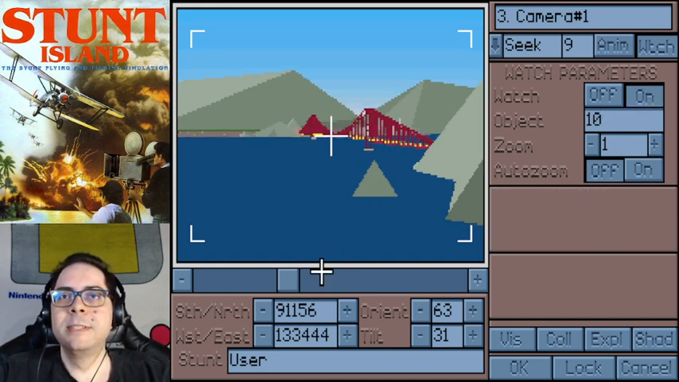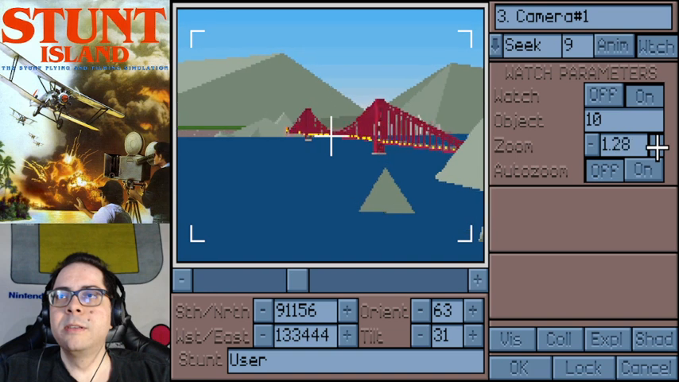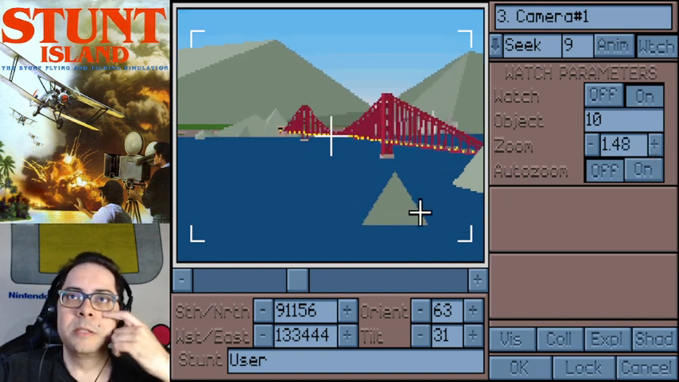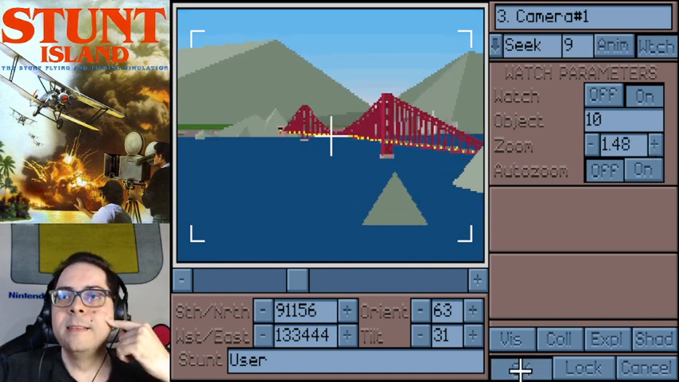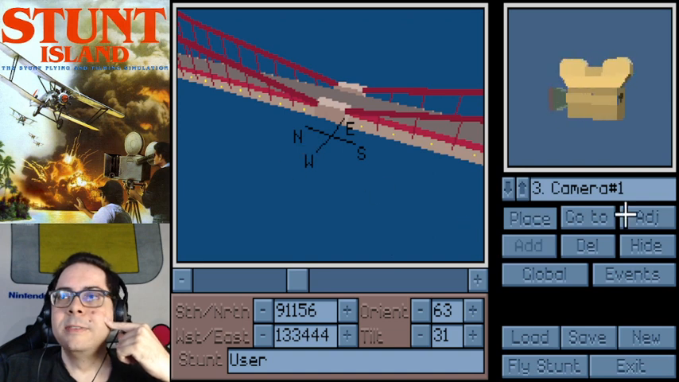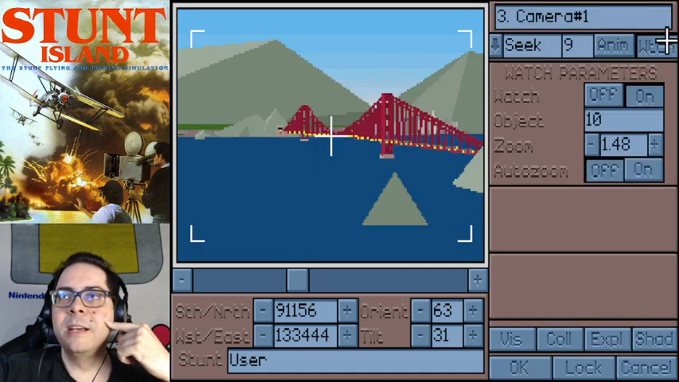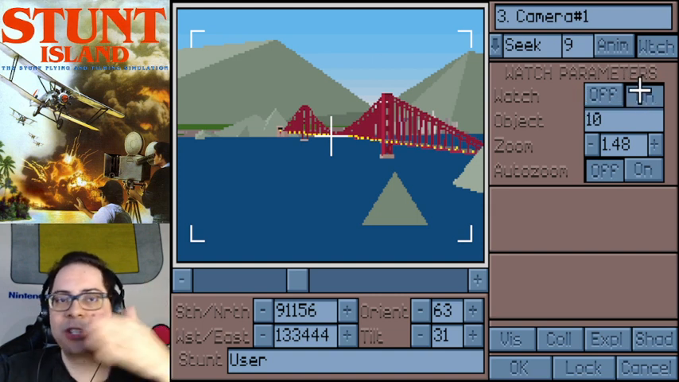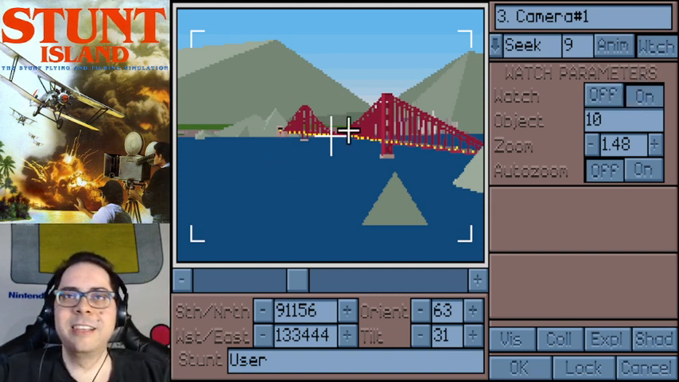Watch on. Okay. So now, zoom in a little more. There you go. So there you go. That's what the watch functionality is for: to make an object track another object. So once I turn this on,